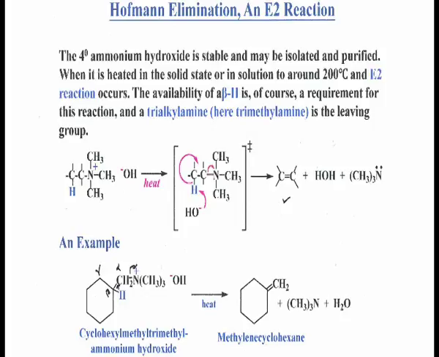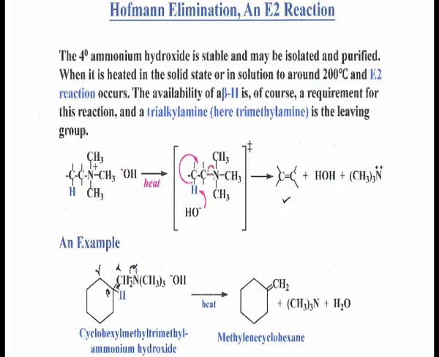Cyclohexyl methyl trimethyl ammonium hydroxide, if you take this example and do an OH minus, what will happen? Again with respect to this N plus, this is the alpha carbon, this is the beta carbon, you can take this side also, no problem. This will be the gamma, but when beta hydrogen is present, then that will be the preferred one. So, what will it do? It will shift over here and break that carbon nitrogen bond, that will be eliminated as trimethyl amine and you get the C6H5 double bond CH2.